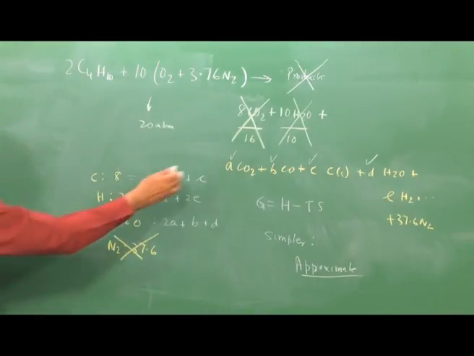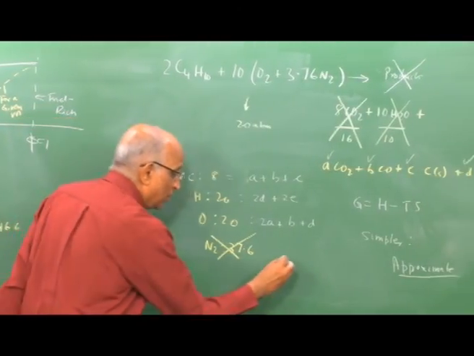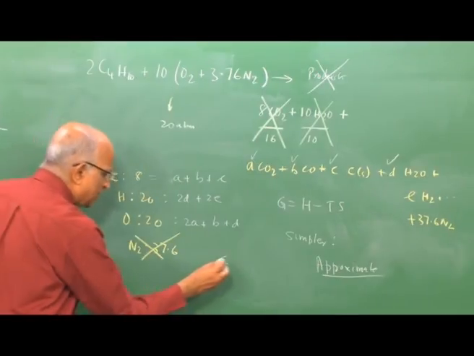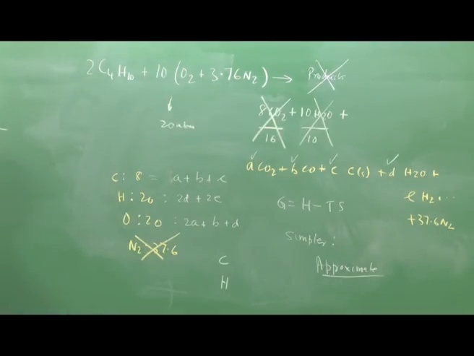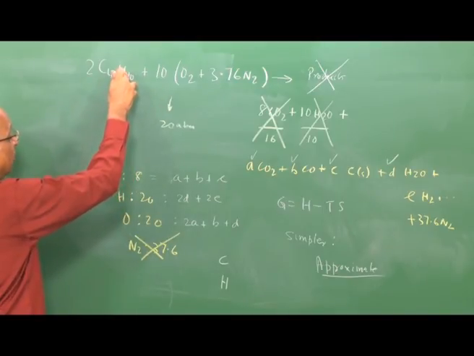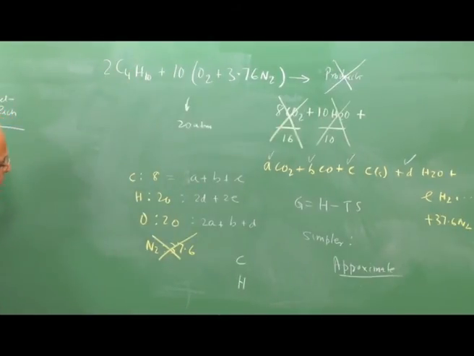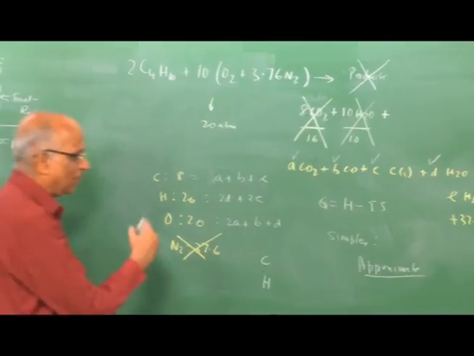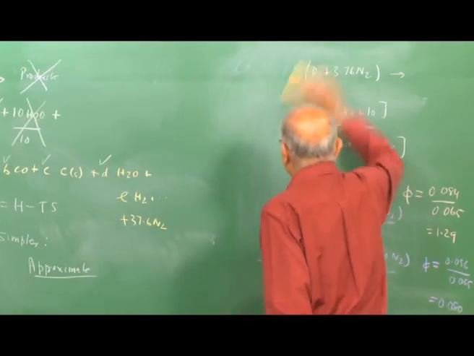And since I have more variables than equations, I tell myself, well, in my reactant, I have carbon and hydrogen. All of us know that charcoal or carbon takes time to burn, it is not as reactive as hydrogen. Hydrogen is a very reactive substance. Therefore, we can tell ourselves that hydrogen first just gets consumed, it is much more reactive. First hydrogen gets consumed and then carbon gets consumed, and therefore we make some assumptions. Let us just list down the assumptions, we will do the calculations in the next class. And the assumptions which we make are the following.